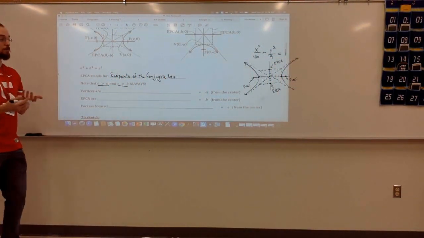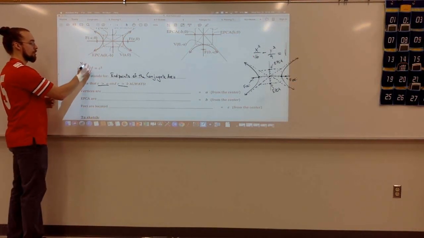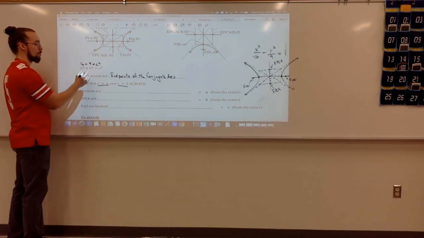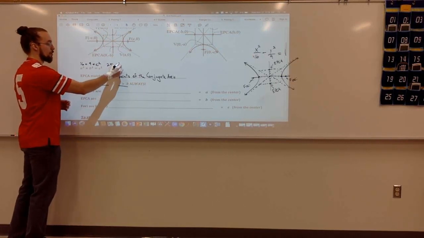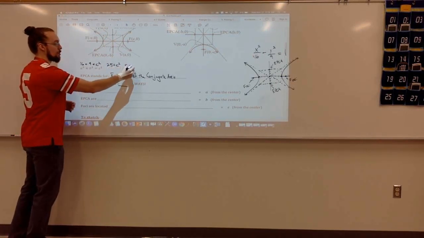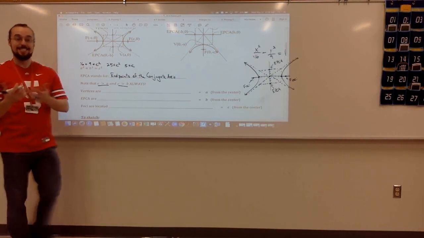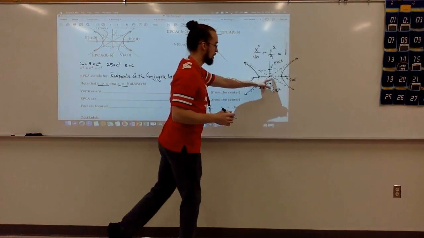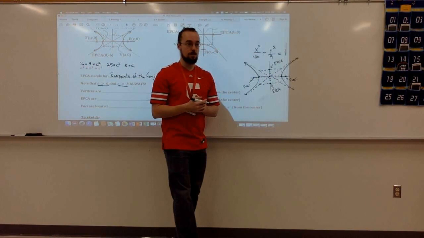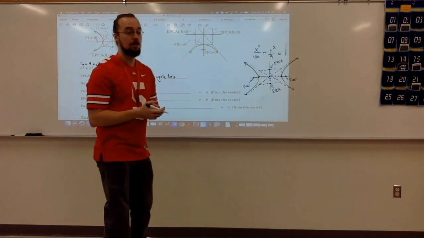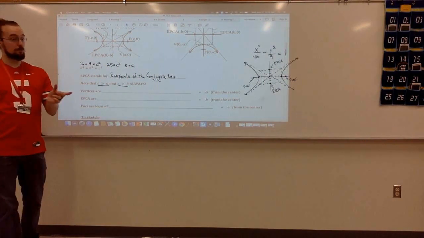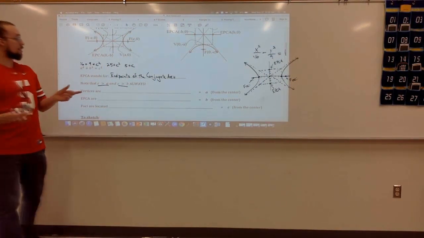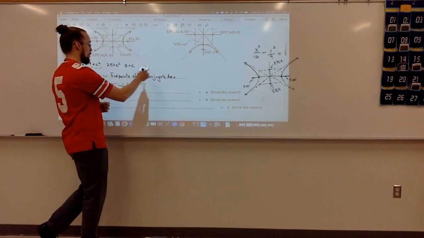So in our example, we could say 16 plus 9 equals c squared. That would give me 25 equals c squared. So c would be 5, and c is the distance from the center to each focus. C is the distance from the center to the focus for both an ellipse and a hyperbola. Yes. So if you want to make a note of that,